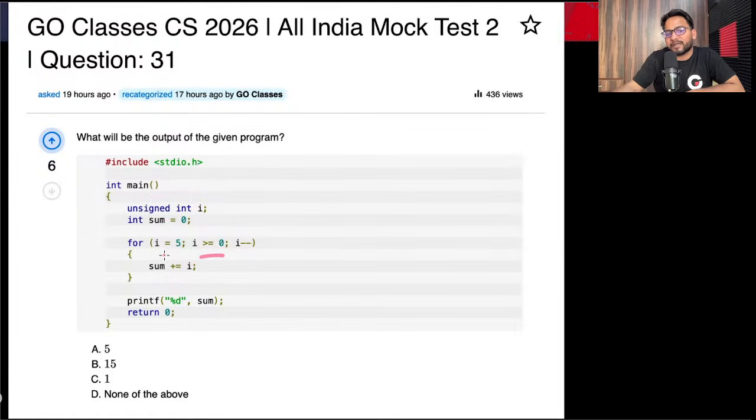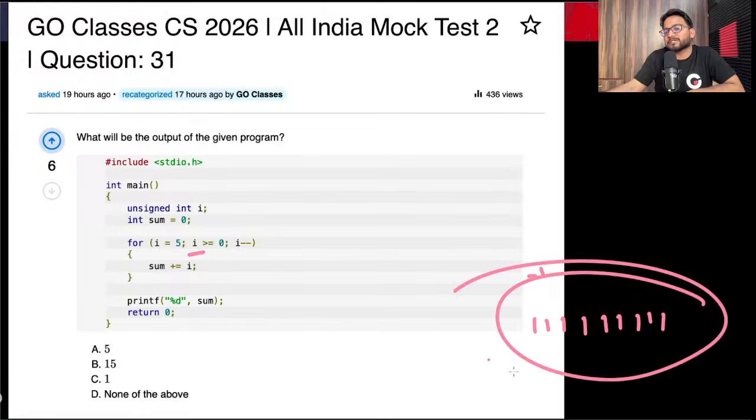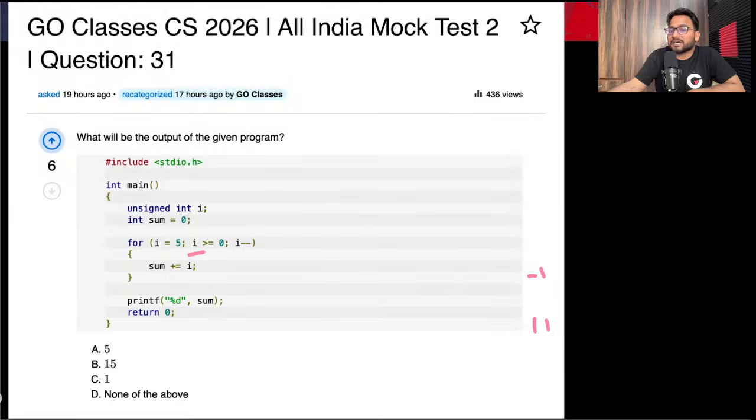I mean, they're decrementing I from 5 to 4 and so on, that's sure. But since it is an unsigned integer, it will become 0, but it will never become negative. Okay, so it will become minus 1, but in unsigned integer, minus 1 is too large a number. I mean, unsigned integers are never negative. So this condition